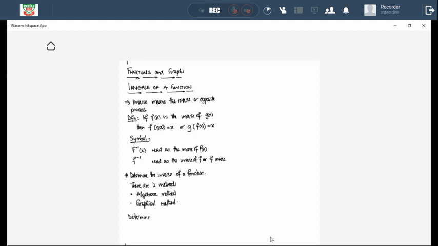Determining the inverse of a function algebraically. Okay, determining the inverse of a function algebraically. Okay, now for me to come up with the inverse of a function